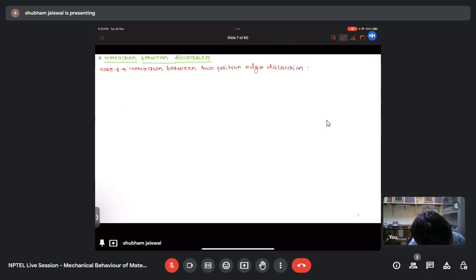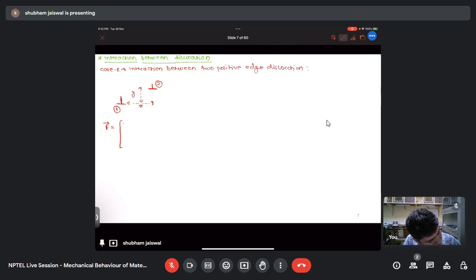So let's say this is my dislocation 1 and this is my dislocation. Let's say this is my dislocation 2. So let's say this is the distance x and this distance is y. So if we apply the Peach-Koehler equation, so what we will get, that is F bar